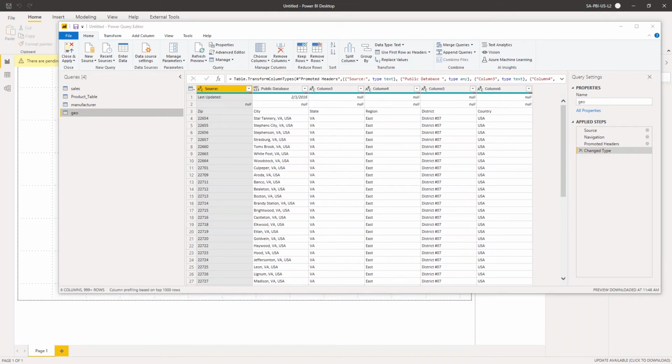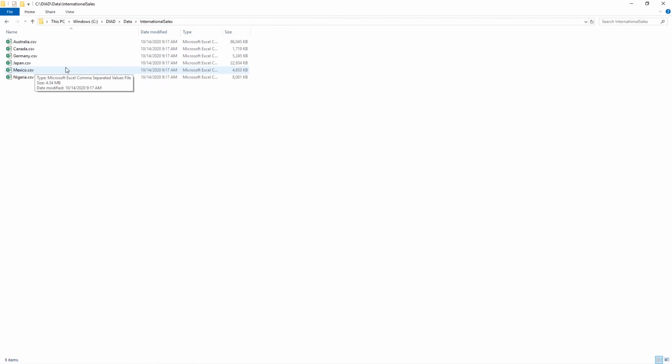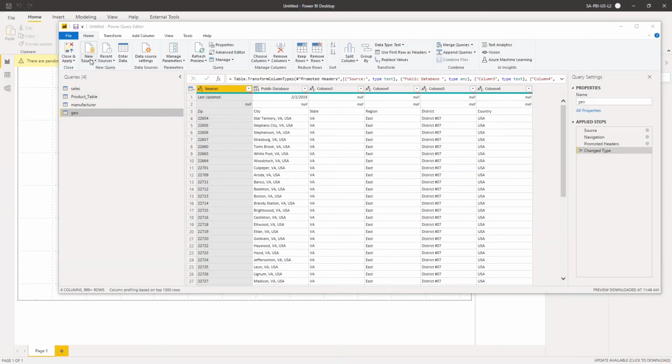So we've got another set of data that we want to get, and that is all of the international sales. And the international sales, if you remember looking inside of the data structure, is actually a bunch of CSV files. Now, we could go in and pull these in one at a time, similar to what we did for the US sales, but there's a faster way to do that. So this time, we're going to choose a new source,